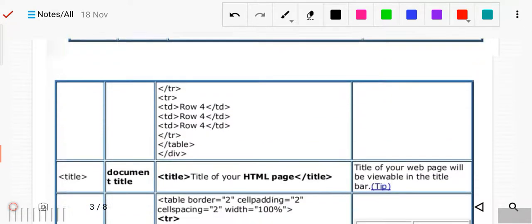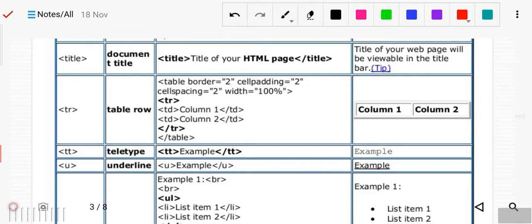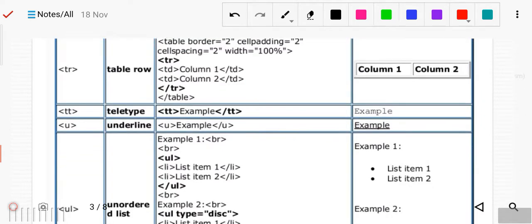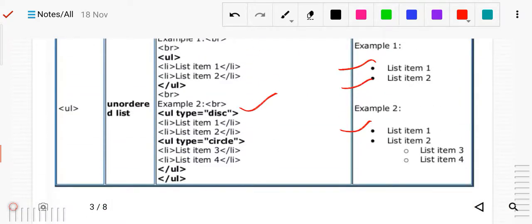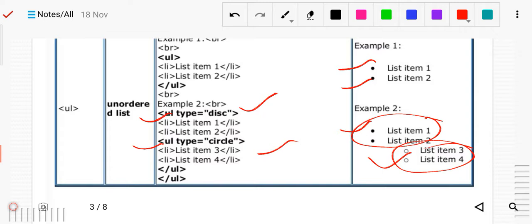Like here you can see table row, table type, underline. So these tags, underline for the text, ul. This is a list. An unordered list will start with a bulleted one. If it is already defined as a disk, it will be a disk. An unordered list, but it is a disk. Here you can see some circle. Here it is defined that it is unordered, but it is a circle. So see here, it is in the circle. Likewise it is defined two times, ul is used, first for this and another for here. So this is all about the tags.